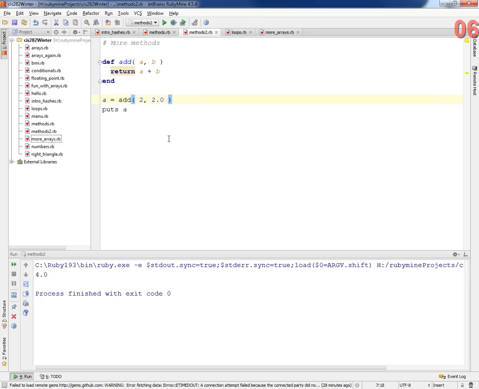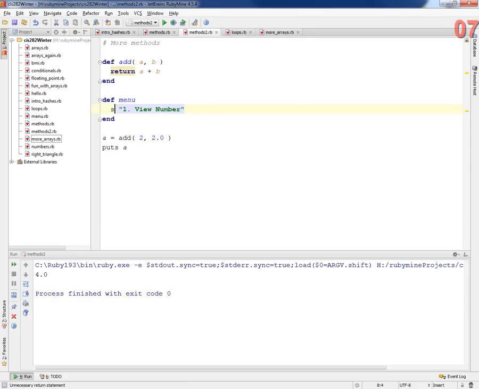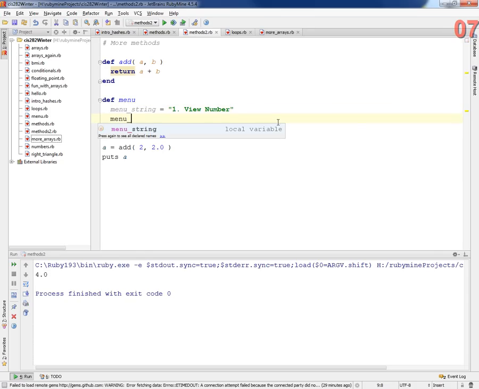All right, any questions on any of that? All right, so I could have a bigger method. I could call it menu, and I could have it return a bunch of stuff. I could have it return a big long string like 1 view number. Or I could create a variable. We'll call it menu string equals that. And then I might add some stuff to it